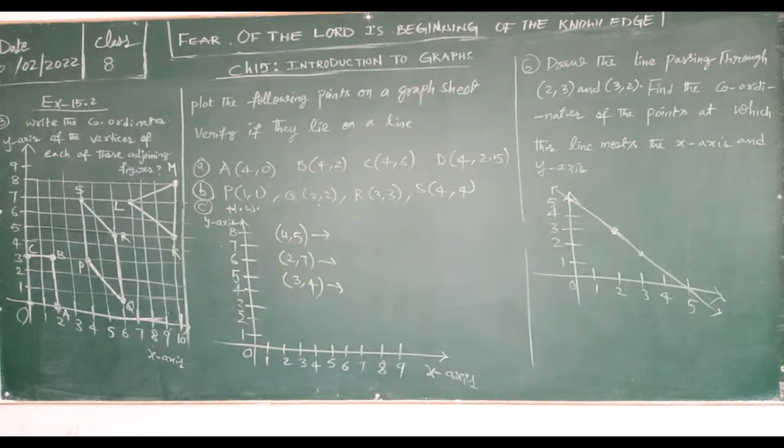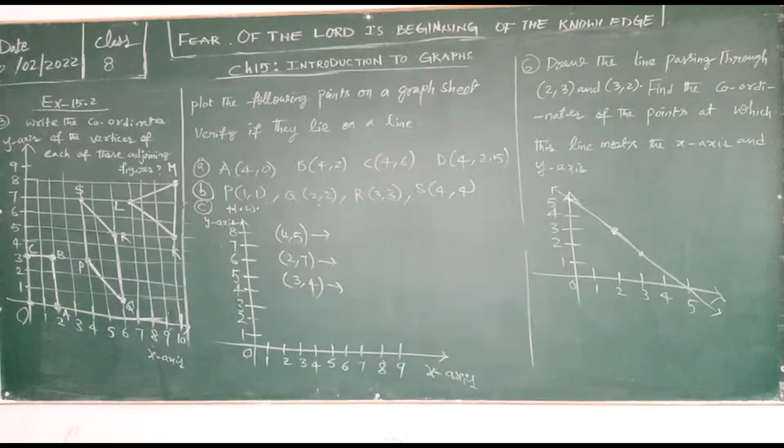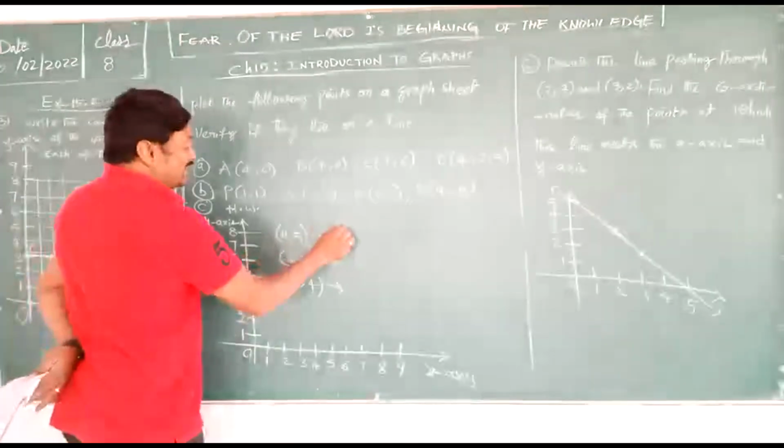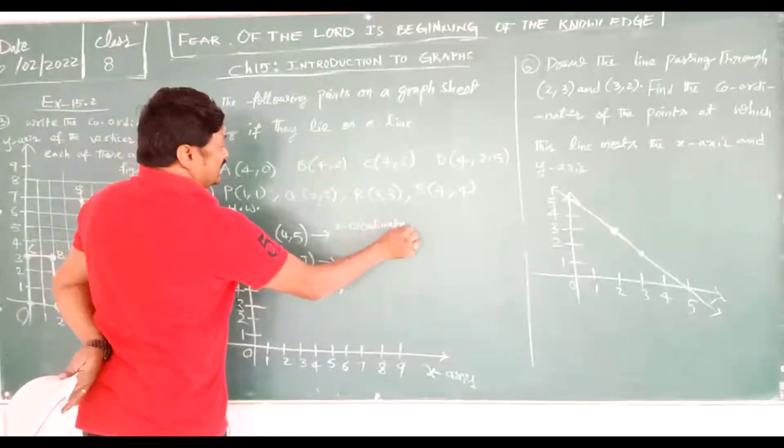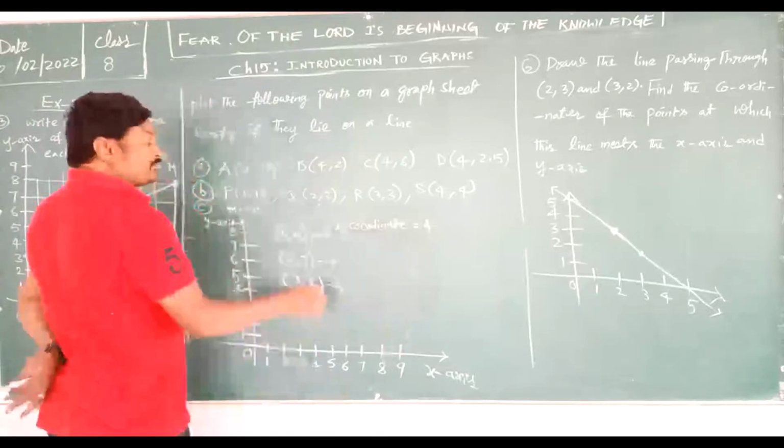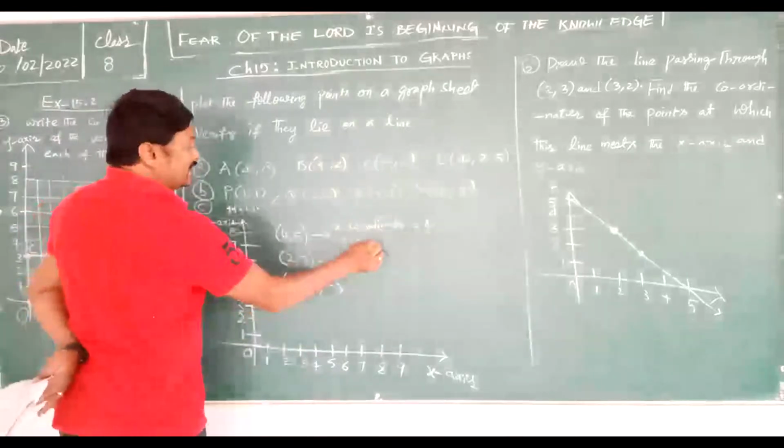Okay, 5 is the y coordinate, not the x coordinate. That is the correct answer. Shreya has written correctly, 10 is the y coordinate. Very good. Okay, so now Divyanshu Solanki has written x is equal to 4. Yes, but you need to say x coordinate. The x coordinate is equal to 4 and the y coordinate is equal to